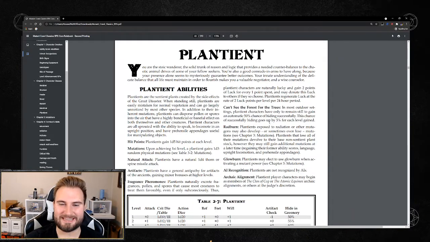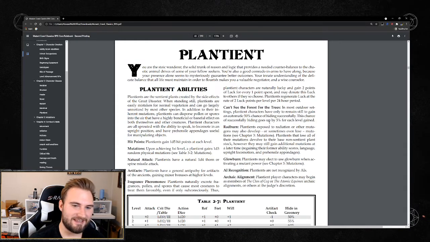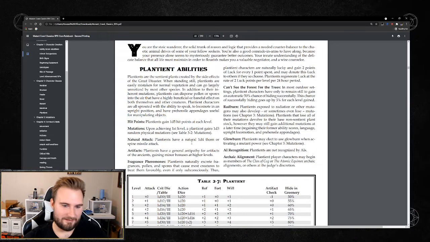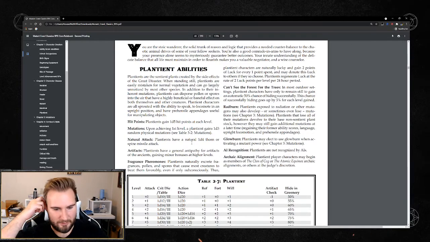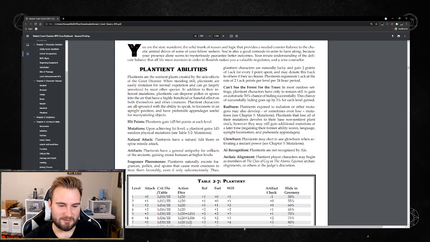And then the Plantiants. Oh, Plantiants. These things are fun. D5 hit points per each level, 1d3 random physical mutations. You've got a natural D4 Thorn or Spine missile attack. And you don't really get that much of a bonus. Actually, starting off, you have a negative artifact check because Plantiants don't care. But your big